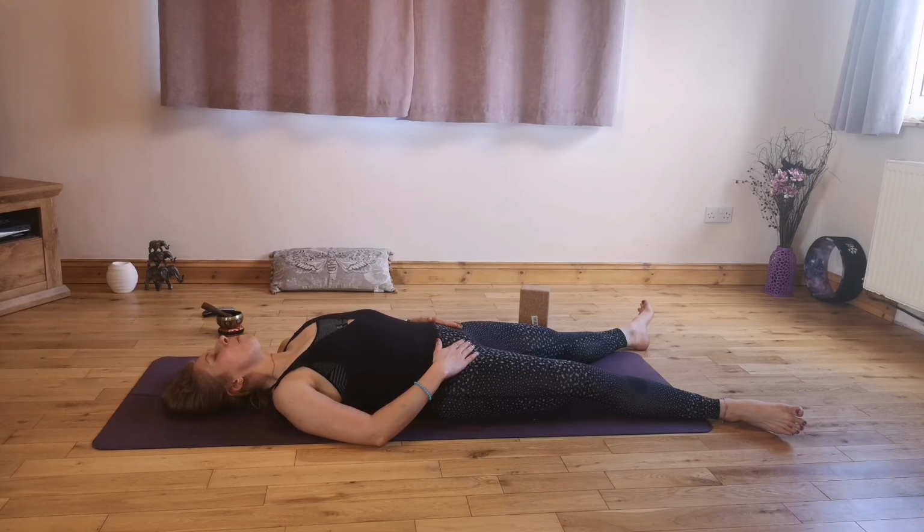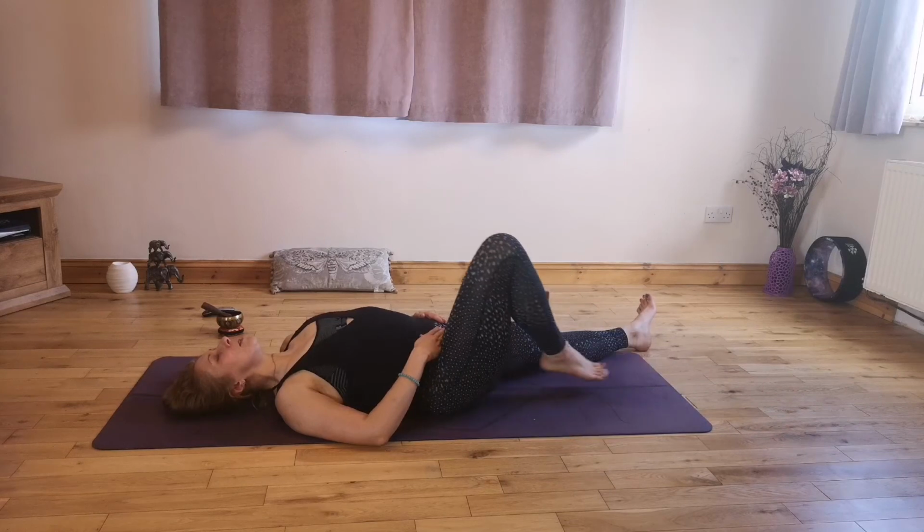Just bring in your mind positive thoughts and might create the sensation of gratefulness and thankfulness for your body, for the practice we just did here. Celebrate this present moment, and you can stay here as long as you want. If you're ready to move from this pose, you start to bend the knees and allow the knees to drop